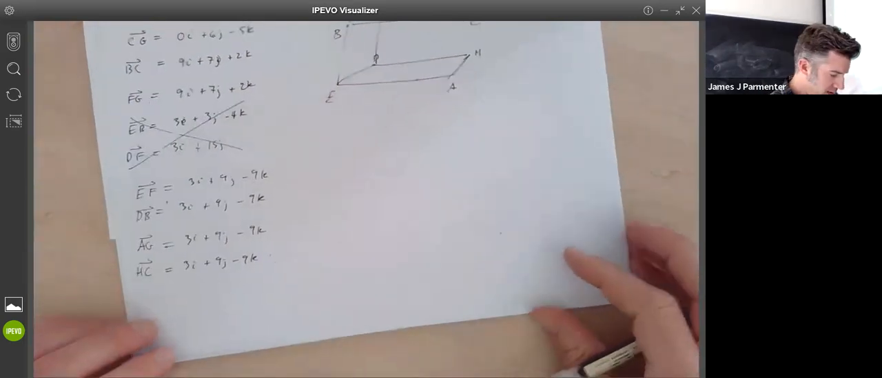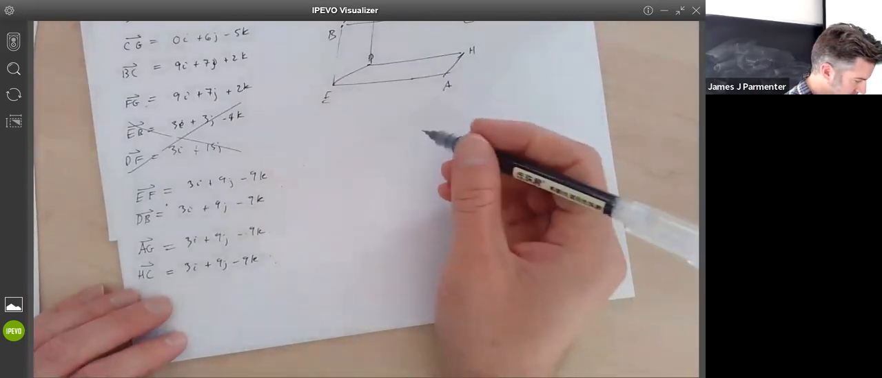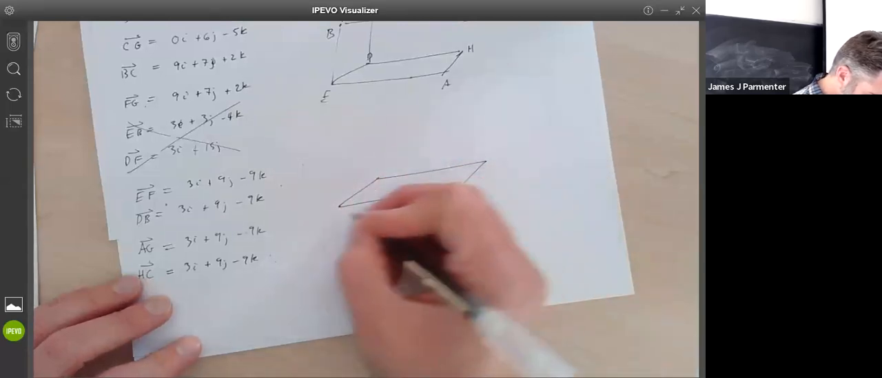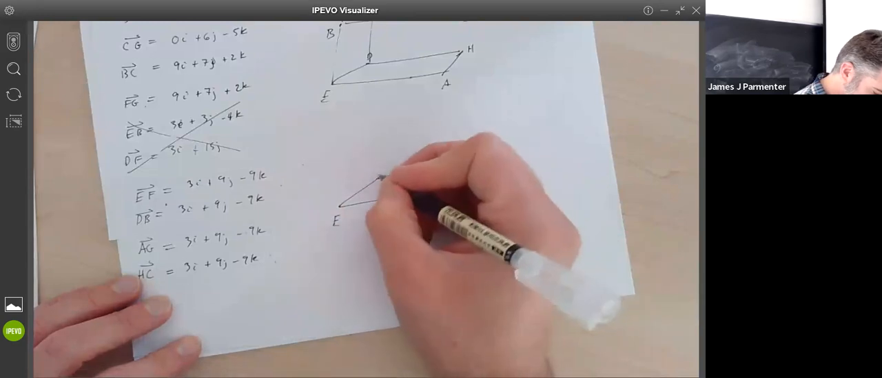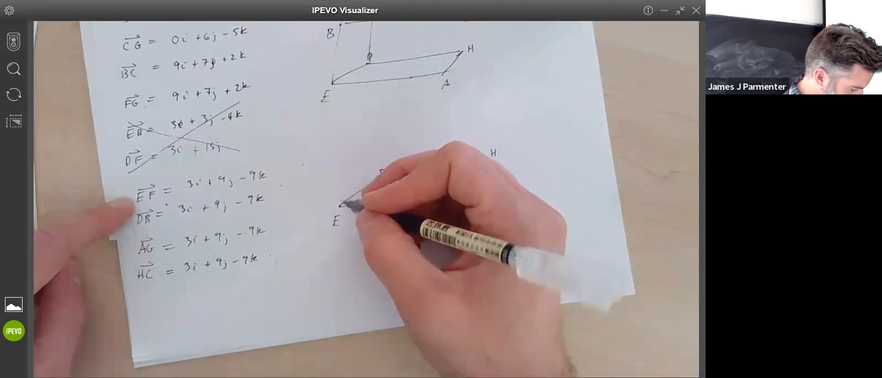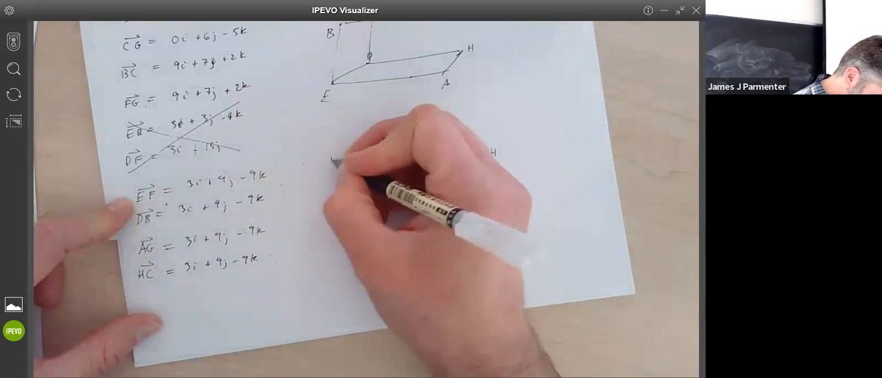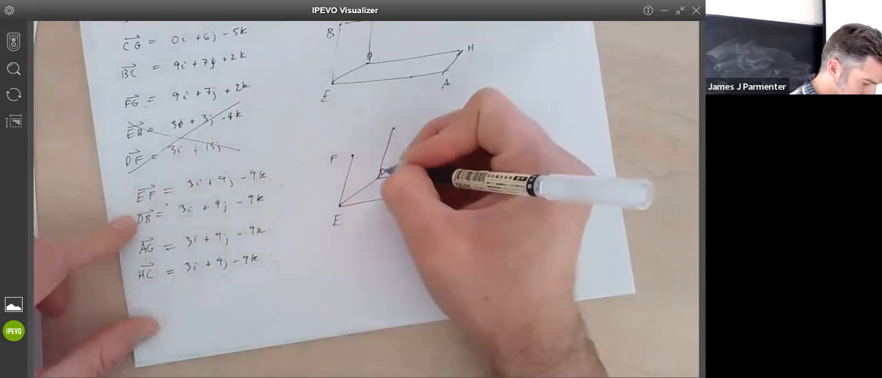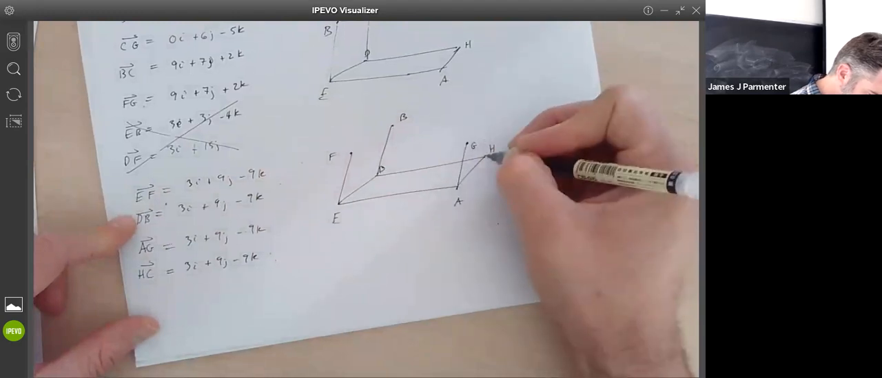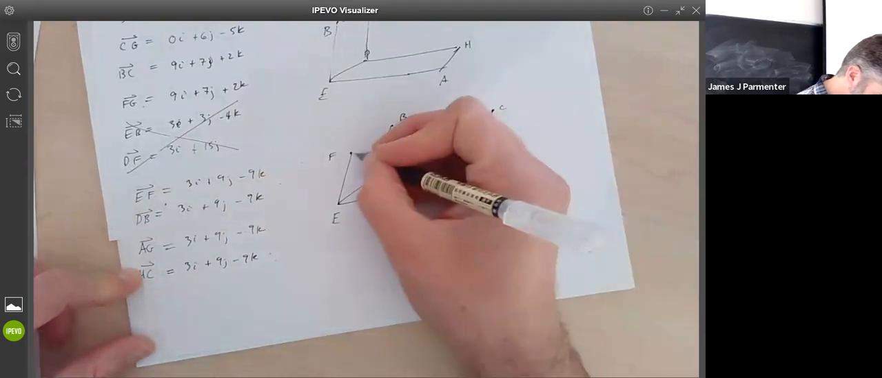Okay, so now we can kind of draw our picture. And I've drawn it a little bit wrong, if that's okay. But really it looks kind of like this. So it does look like E, A, D, H. But then above E, we actually want F. And above D, we actually want B. And above A, we want G. And above H, we want C. And then,